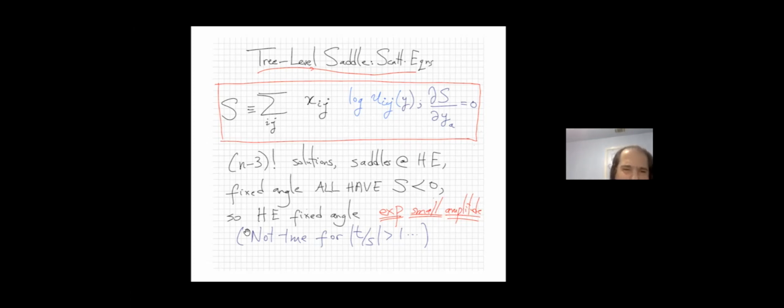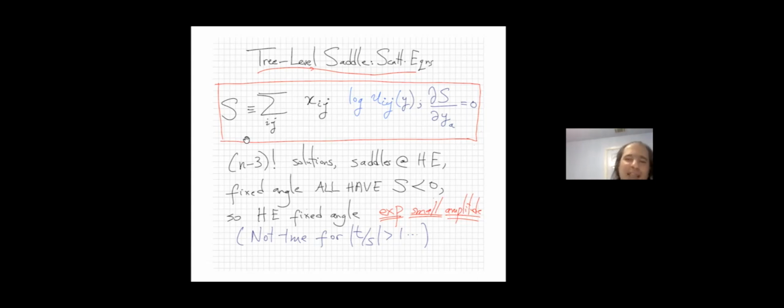I believe it's the case, but I'm not sure, and someone in the audience might know, that all the (n-3)! solutions for general n, when you're in the physical Lorentzian region of high energy scattering, all have negative action. Which means that even though you don't know which saddle dominates, it doesn't matter for the argument that the amplitude is exponentially small. Whatever saddle dominates, it'll be exponentially small, so long as all the saddles have negative action. If some of the saddles had positive action, you'd have a lot more work to do. You'd have to argue whether or not you access that saddle, etc. But if all the saddles have negative action, you don't have to do that work.